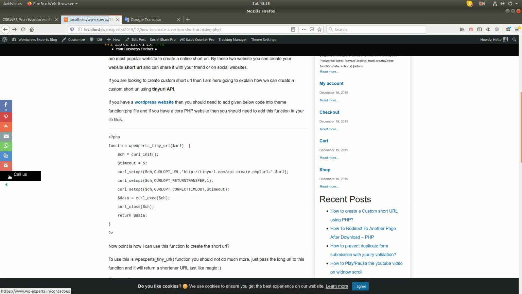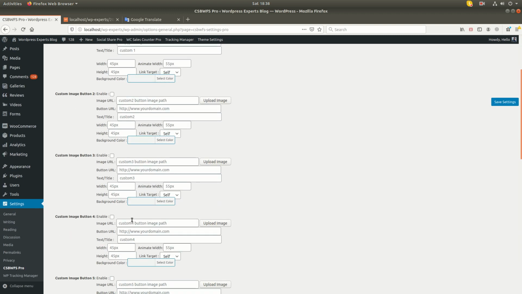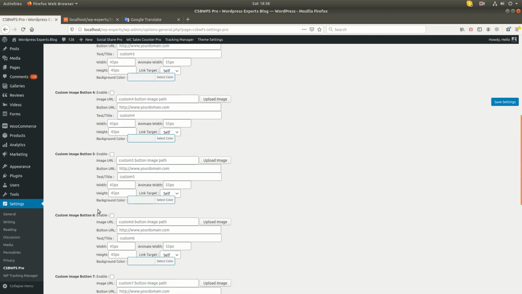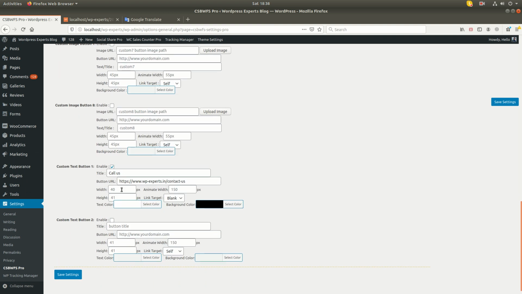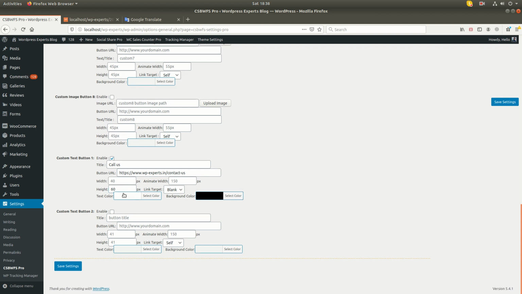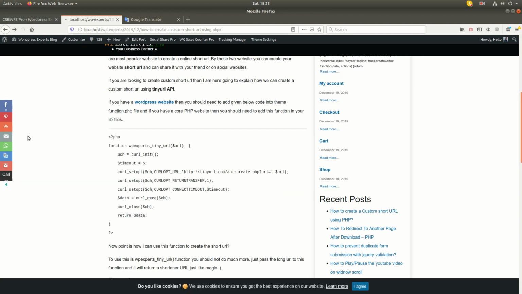This is basically not showing fully here, so in that case you need to increase the height. I'm going to define the height 60 px. Let's see. Yeah, this time our full text is showing right now.